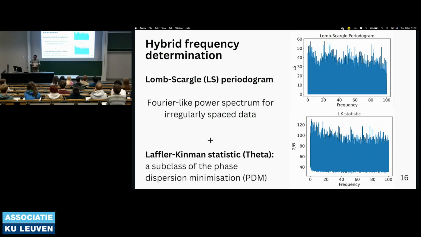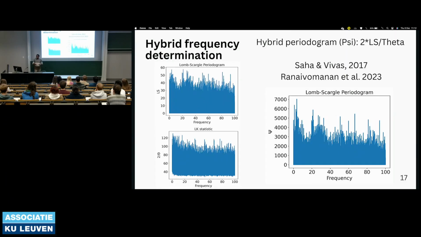So as you can see on the plot, on two plots, we see an example of the Lomb-Scargle periodogram. Most of you know this approach. And the second plot is the Lafler-Kinman statistic, and we can see the aliasing frequencies, like the noise in these periodograms. So in the hybrid periodogram, as you can see on the plot on the right, we can